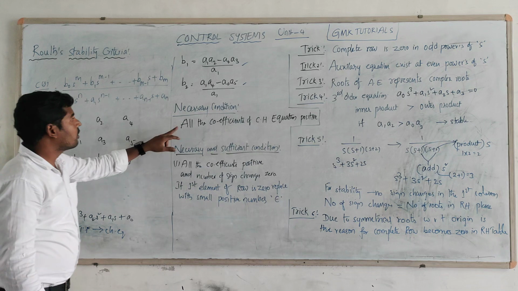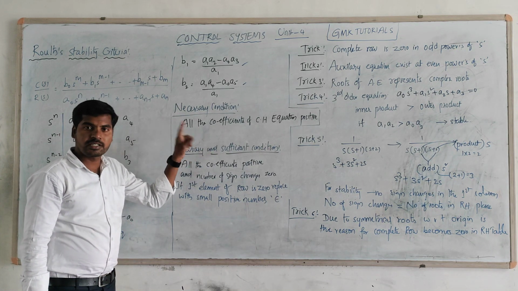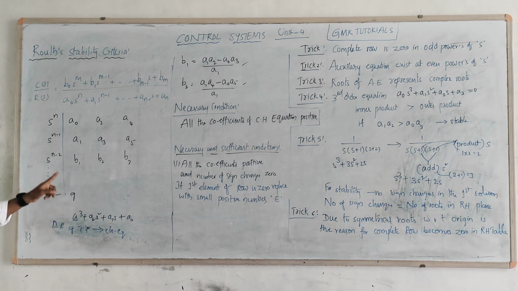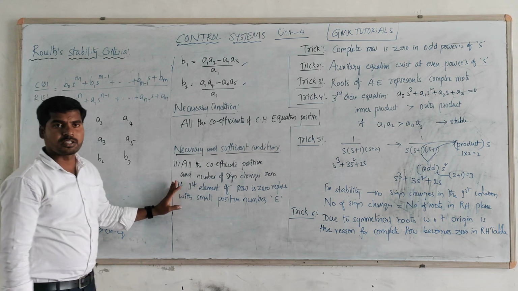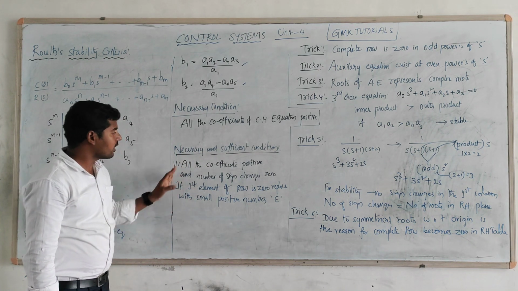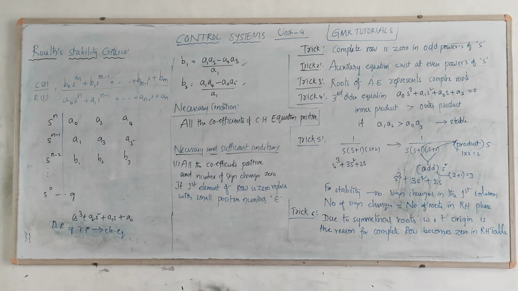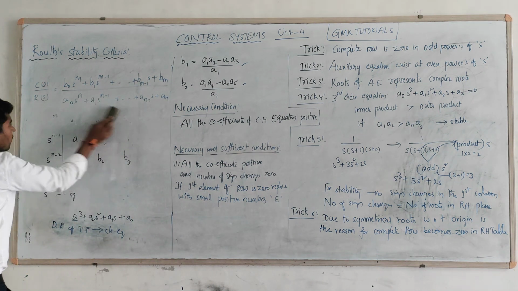The necessary condition for the system to be stable is that all the coefficients must be positive. That is a necessary condition. The second thing is that the number of sign changes in the first column of the RH table is zero, no sign changes in the first column, then the system is said to be a stable system. So those are the two criteria for a system to be stable or unstable. Let us see one general problem for this one. So let us connect this same pattern.